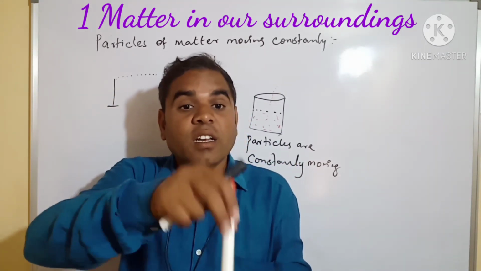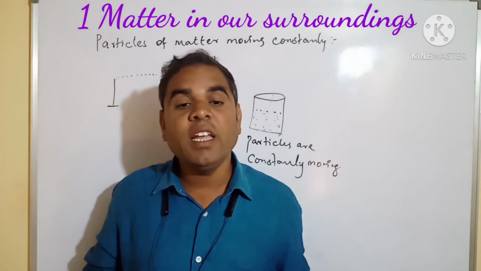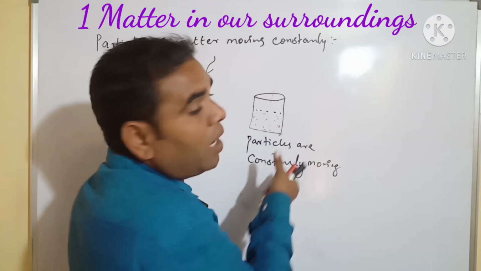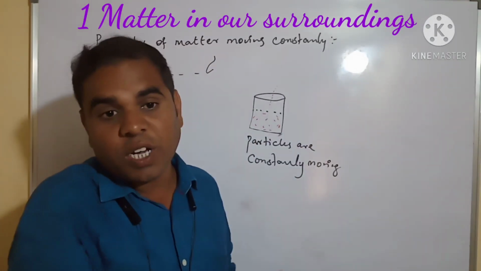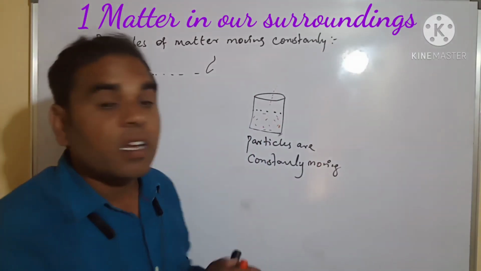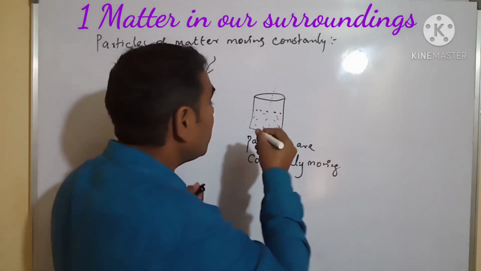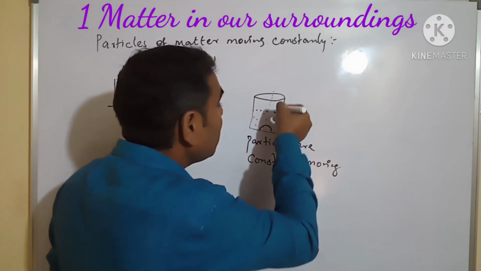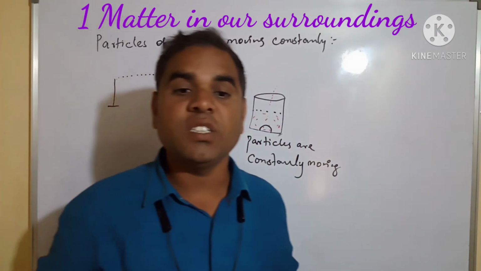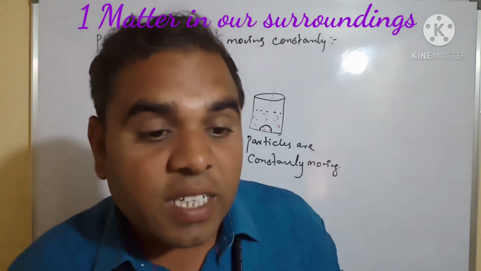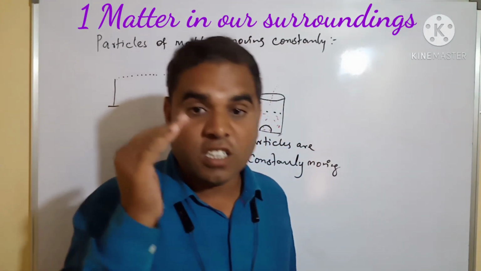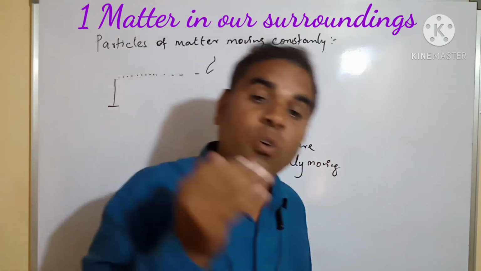See, it will easily spread throughout the glass of milk. See this sugar, what will happen? If I sip this milk, at the bottom there is a lot of sugar. When I come to this corner, we get very sweet milk because of what is called diffusion. It is the movement from high concentration to low concentration.